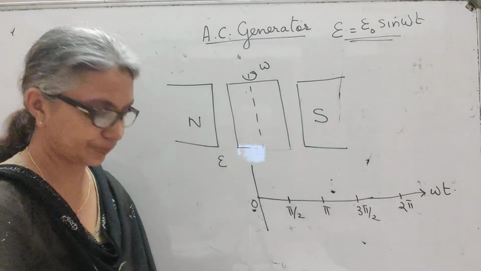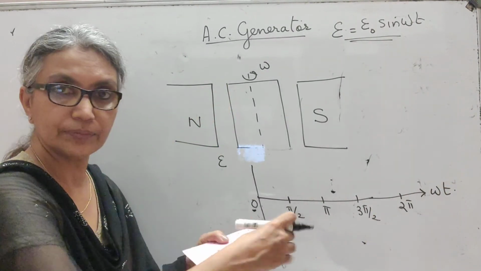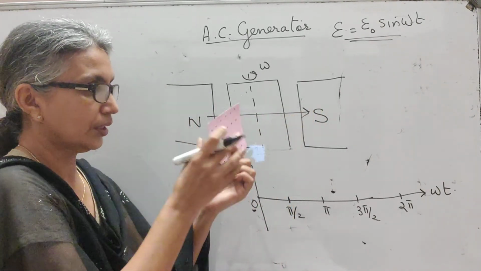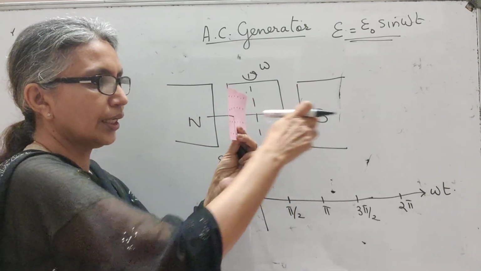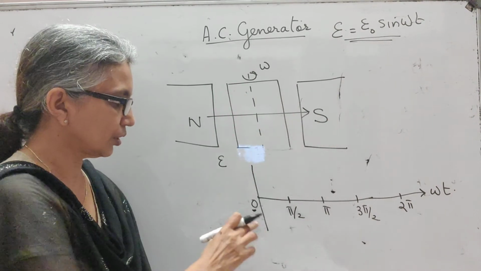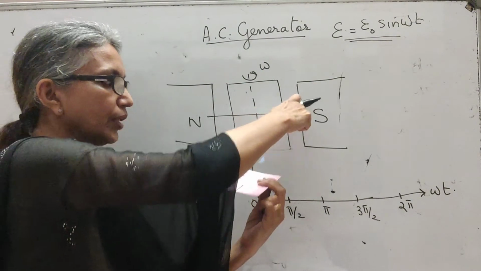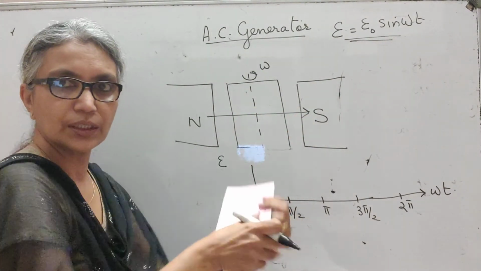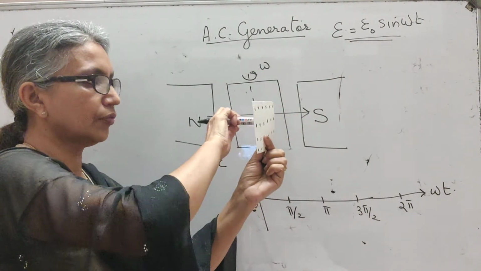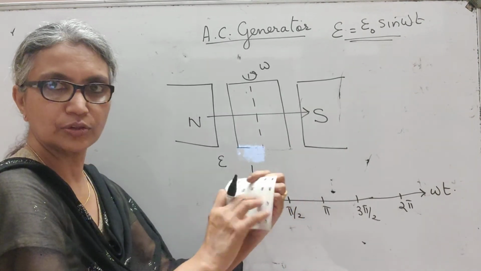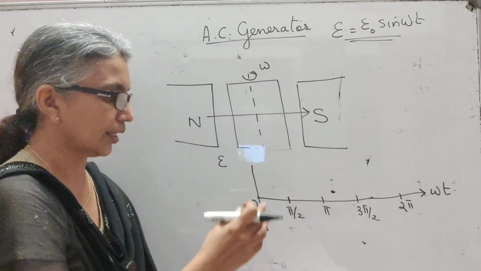This is omega t. So if this is your coil and this is the magnetic field direction, initially if your coil is like this, area vector and magnetic field same direction, theta is 0. Here area vector becomes perpendicular to magnetic field, theta pi by 2. Then as it turns here, area vector and magnetic field opposite direction, pi, and 3 pi by 2. That's how I've marked the angle as it rotates.